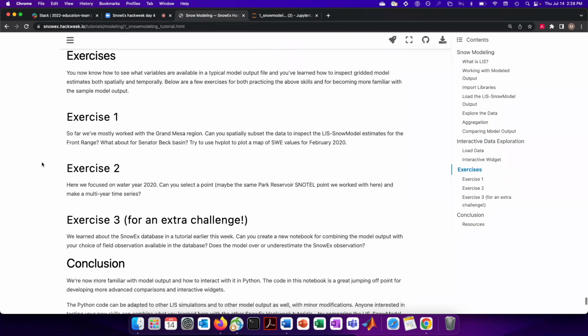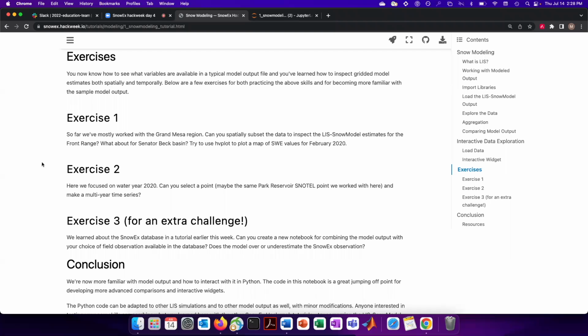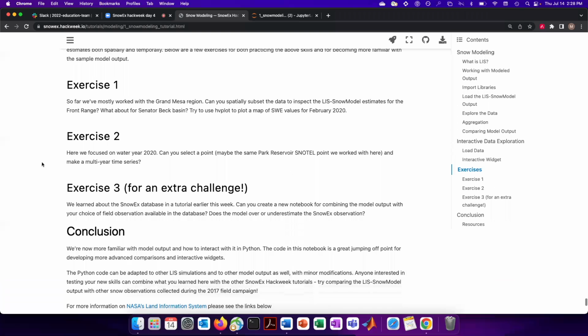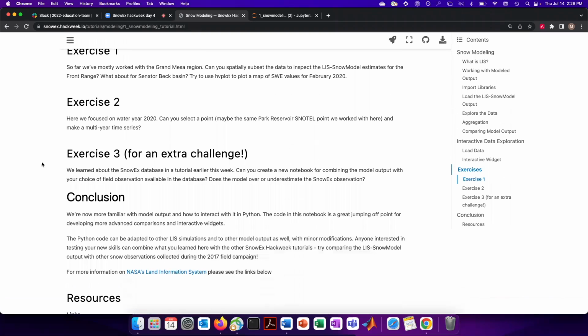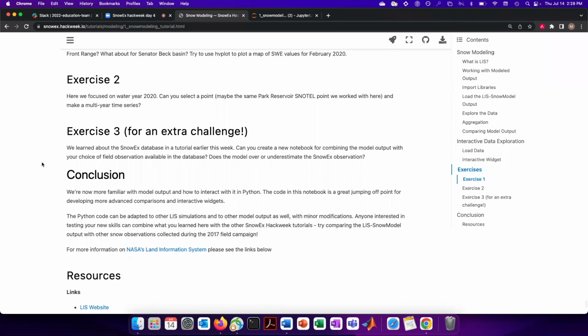So I think I'm way ahead on time. I put a couple of exercises if anyone wants to think about this and play around with the code, but we don't need to go through that together. But hopefully this gives you a good appreciation of what model output from a typical model like a snow model looks like, how you can start interacting with it, and how you can think about